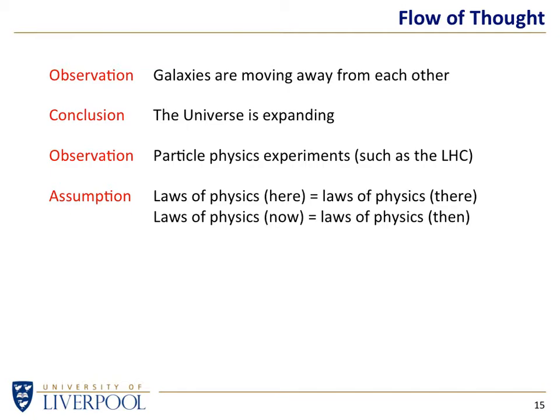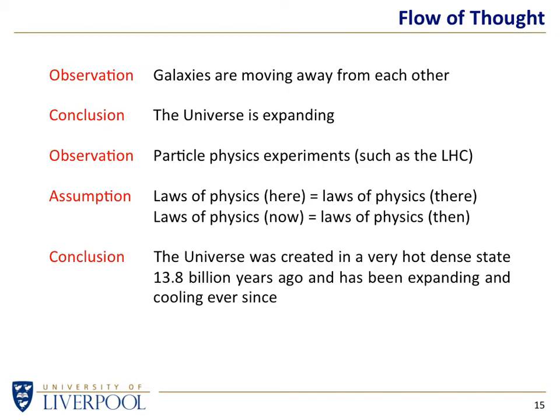If we don't assume the same rules apply to everybody, and the rules only apply to us, we can't make any progress in understanding how the universe is put together. So we can't prove that, but we have to assume that to make any progress whatsoever, that the laws of physics don't change with time and don't change with your position in the universe. They're the same for everybody. They were the same a million years ago, and they will be the same a million years hence. That doesn't mean our understanding doesn't change, but we don't believe the laws themselves, as we understand them, change.